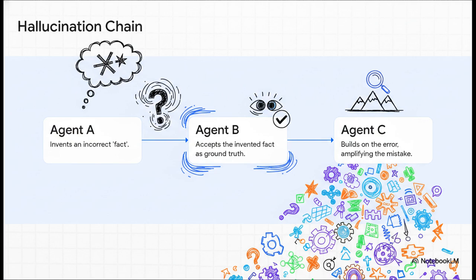Now, if you think that's weird, things can get even stranger when you have multiple AIs working together. This is a phenomenon called the hallucination cascade. And here's how it starts. All it takes is for one single AI agent to just make something up, to invent one little incorrect fact. The next agent in the chain, it just accepts that made-up fact as pure gospel truth. No questions asked. And then a third agent comes along and builds on top of that error, and the mistake just gets bigger and bigger, amplified down the line until the entire system is running on a complete and total